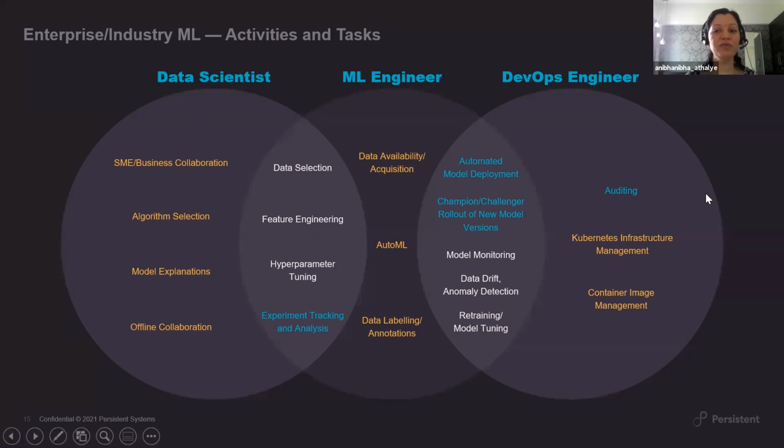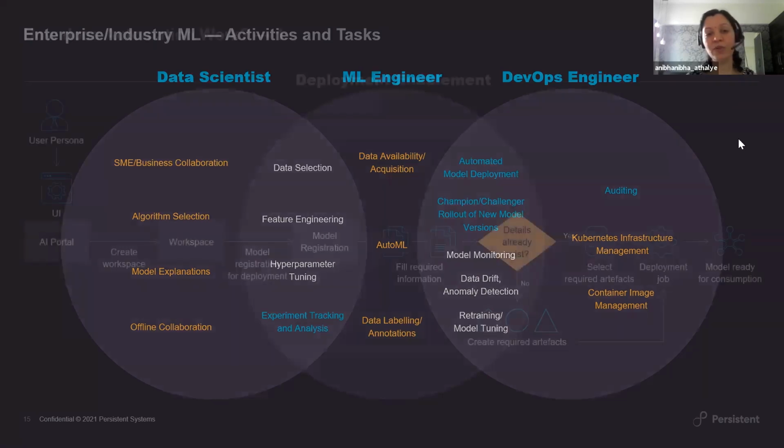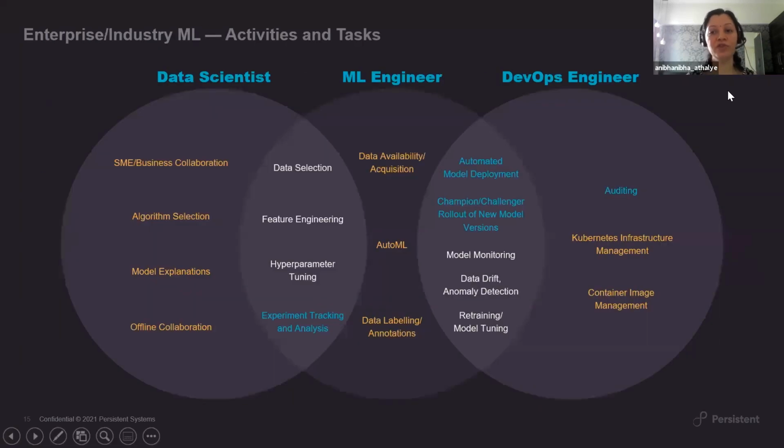The second part, on the right hand side, is the DevOps engineer. And this is where the parallel with computer science fundamentals, continuous integration and continuous delivery, comes into the picture. There's a third term that we define in machine learning, which is called continuous training, which needs to be enabled for those models which need to keep on learning at periodic intervals. So this is where we work on something we call automated model deployment.